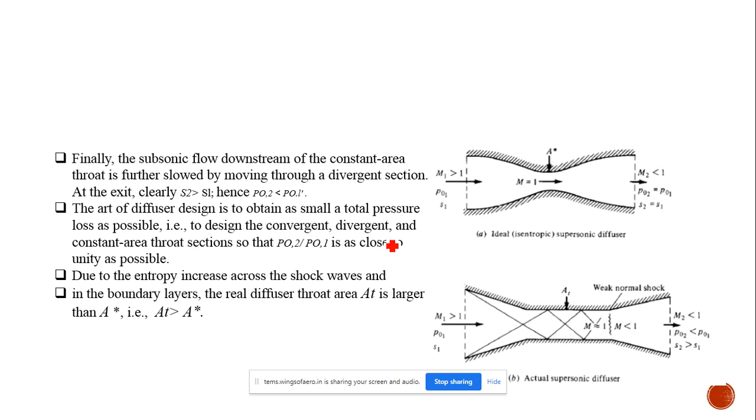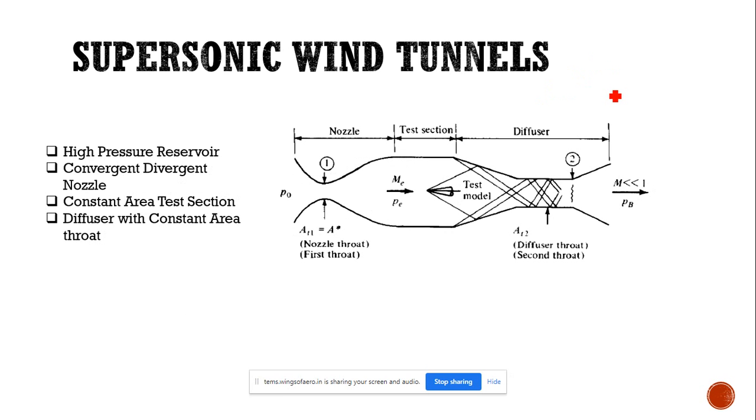And the only difference from the nozzle: we will be using convergent divergent diffusers for supersonic wind tunnels and also for supersonic aircrafts. For a supersonic nozzle we will have the throat ratio very much lesser. But when compared to the nozzle, the area of the throat for the diffuser will be greater than the area of the throat at the nozzle. Just remember this, the area of the throat at the diffuser will be more compared to the area of the throat at the nozzle.